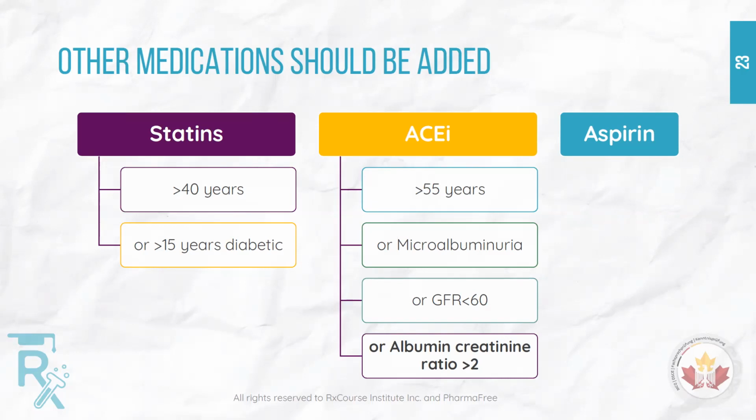The next family I need to add is ACE inhibitor or ARB, but ACE is more common, but I can still use ARB too, especially telmisartan, and I use it if the patient age is 55 years or more, not only more than, we need to put here something to mention, 55 years or more, and the patient has cardiovascular risk factor. Also, if the patient has any microvascular disease, retinopathy, nephropathy, I need to add the ACE inhibitor